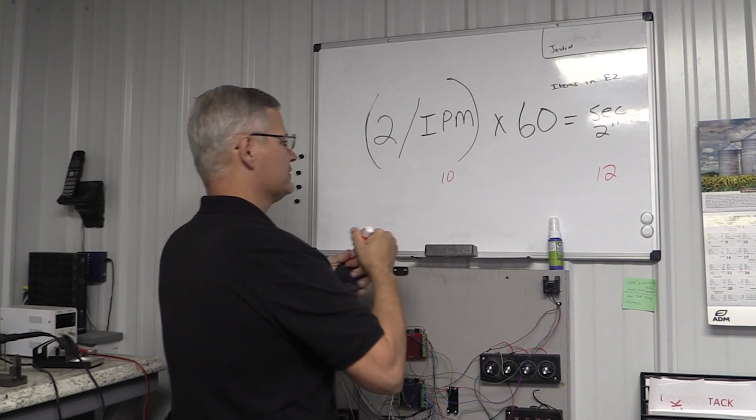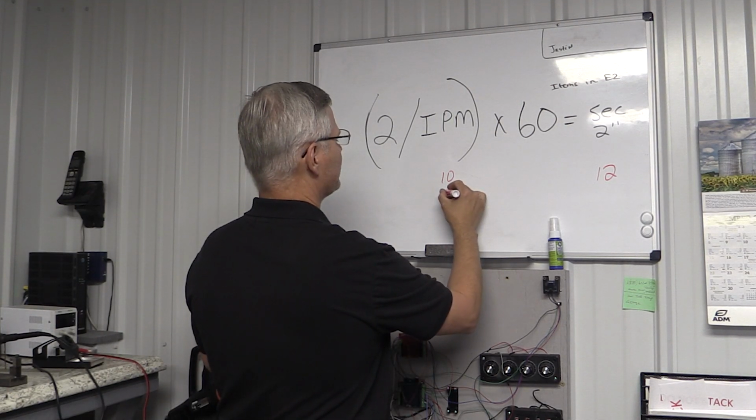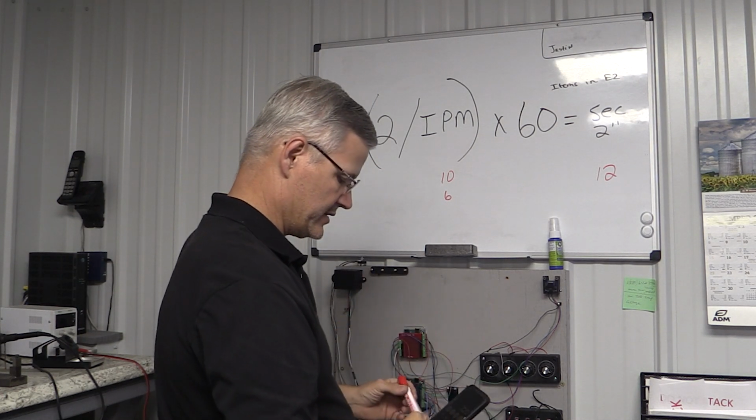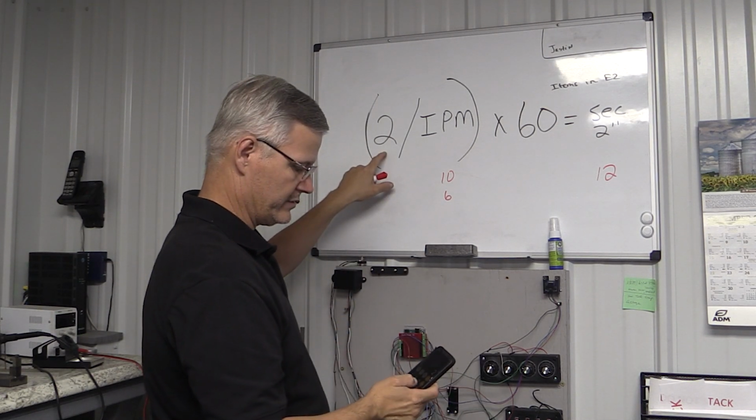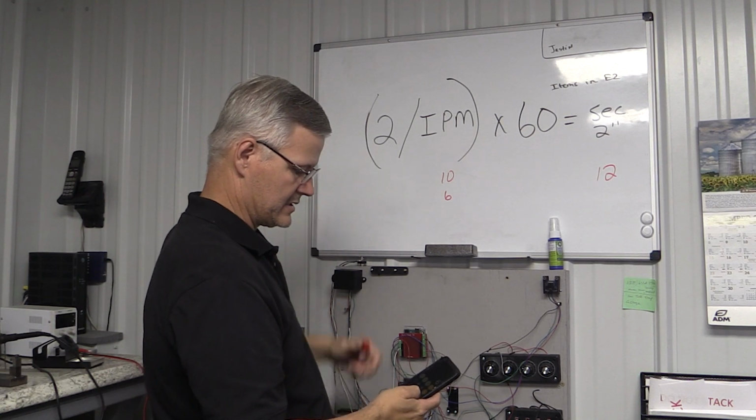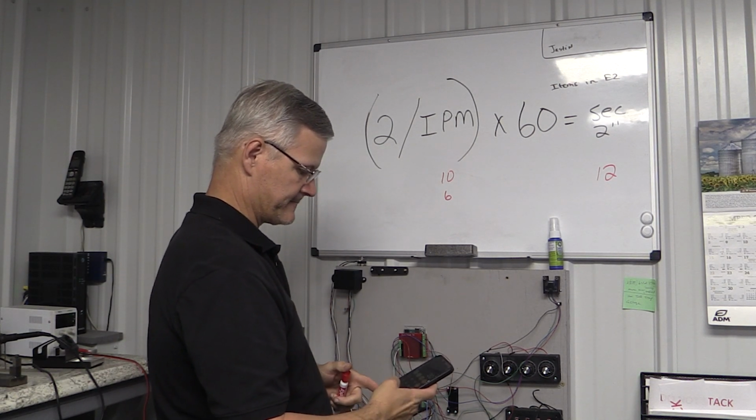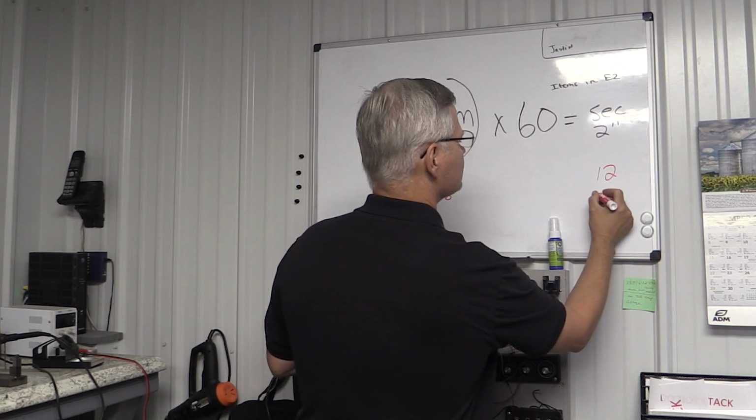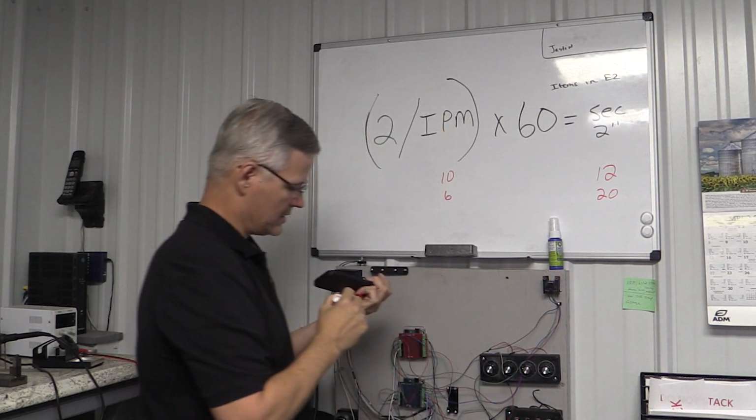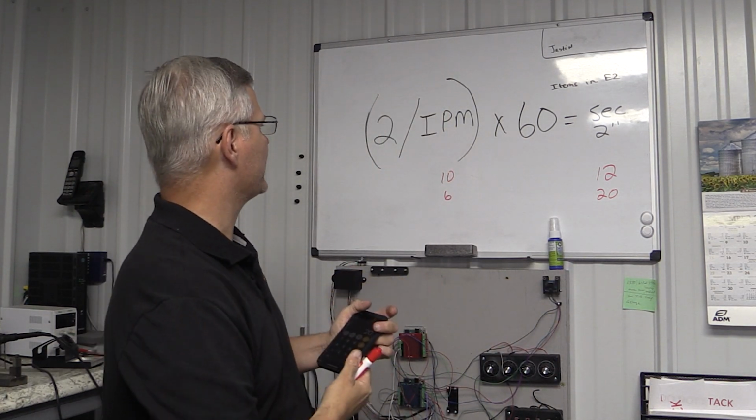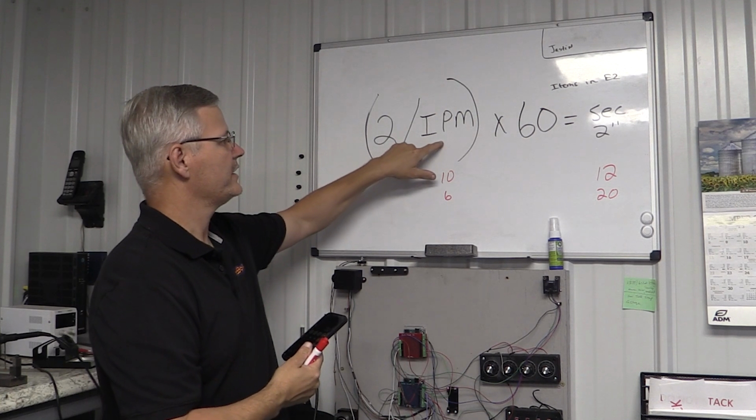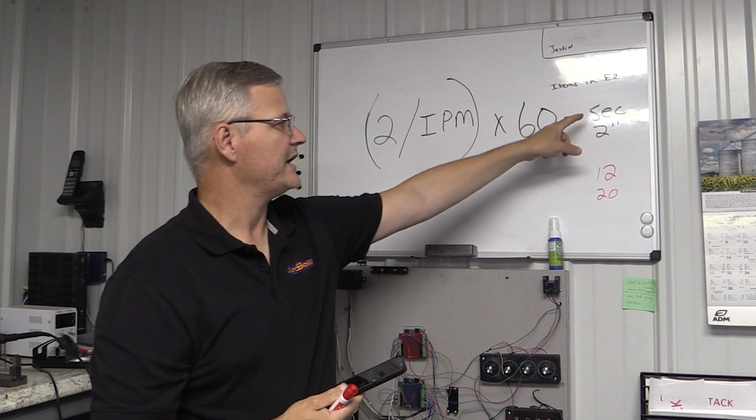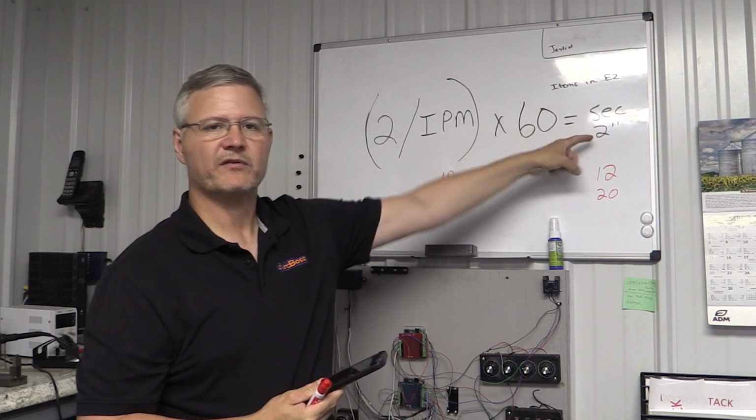Then let's say we want to run 6 inches a minute. It would be 2 divided by 6 times 60. It's going to take 20 seconds. So that's the equation. Once again, going over it, you take 2, you divide it by your desired inches a minute, and then multiply it times 60, and that equals the number of seconds you need to travel that 2-inch